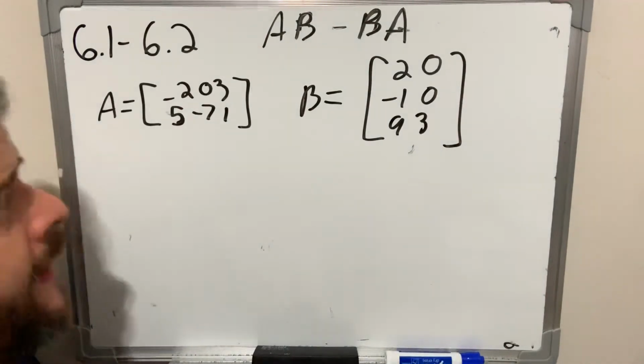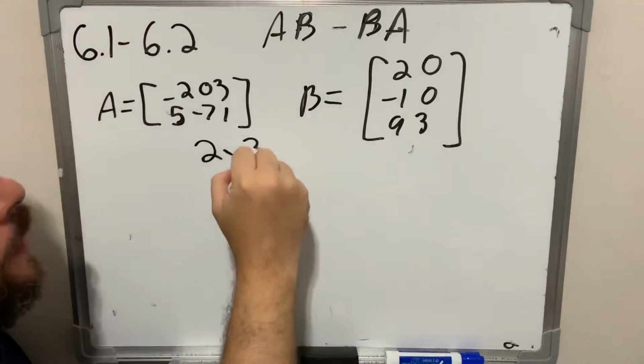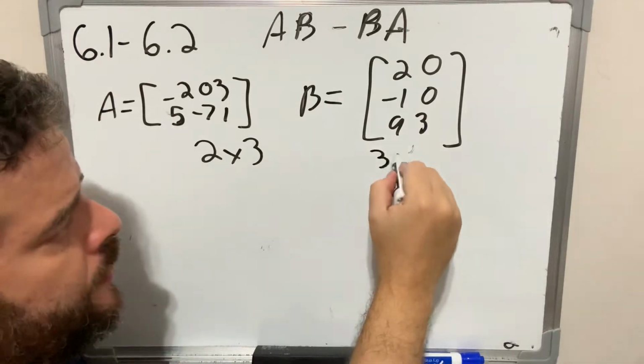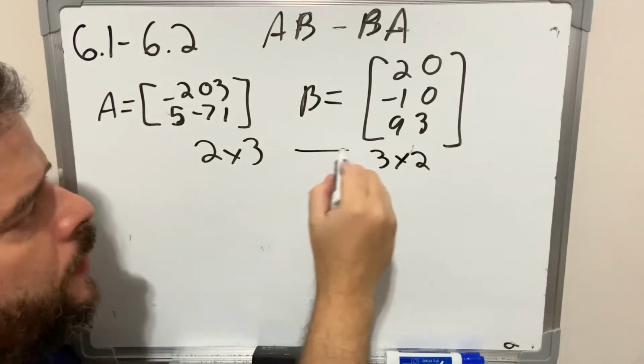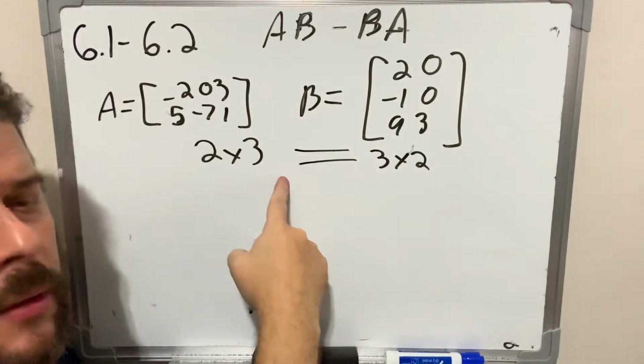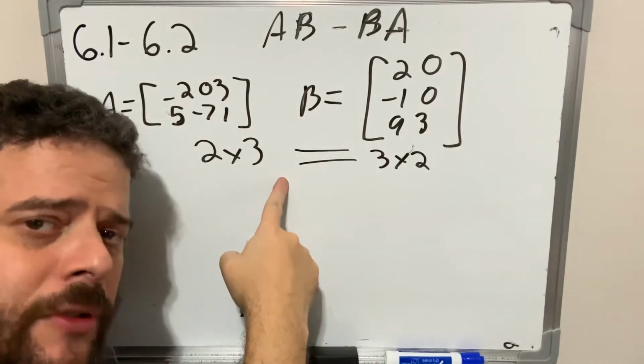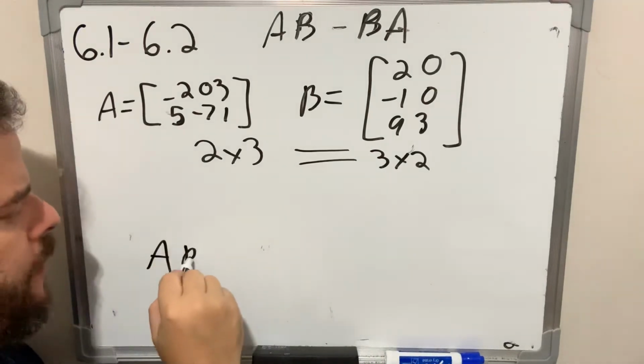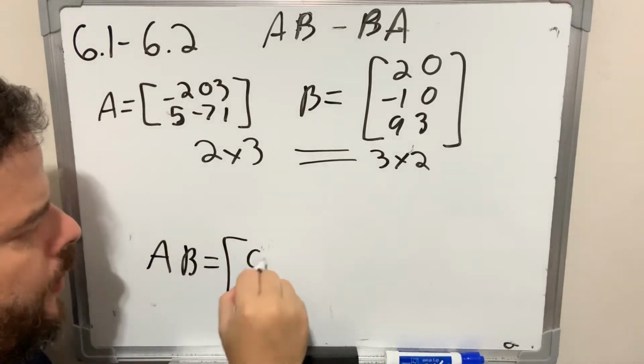Again, I'm going to write my dimensions, 2 by 3, and I'm going to write my dimensions, 3 by 2. They are equal. So I can multiply them in this direction, and my resultant matrix, AB, will be 2 by